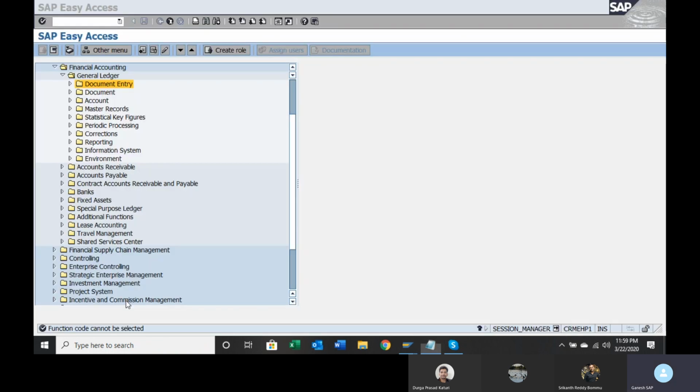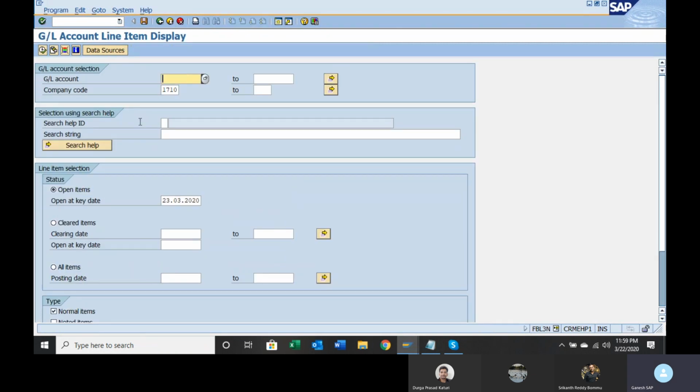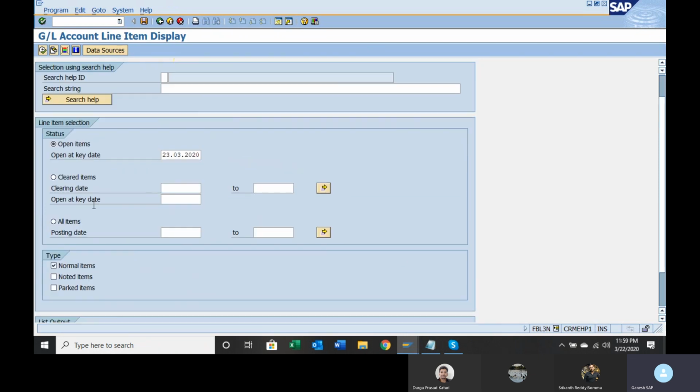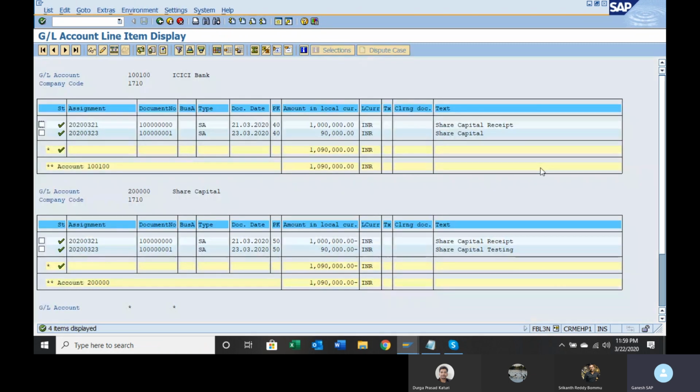Let us try to see all three. Go to FS10 or you can go here, account. Under account you can see FBL3N display change line items. Double click on it. Remove this GL account. Company code. Rest all keep it as it is. Don't change anything. Click on document. Click on execute button. You can press F8. F8 is the execute button.